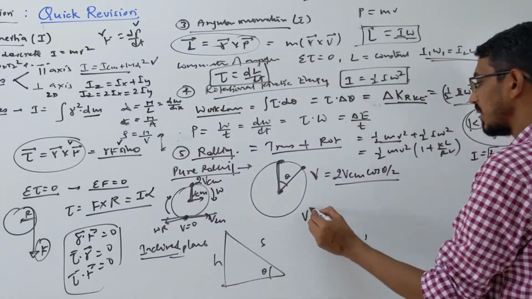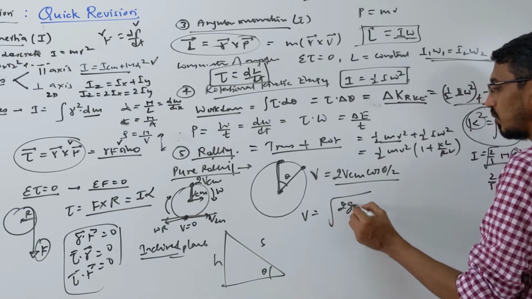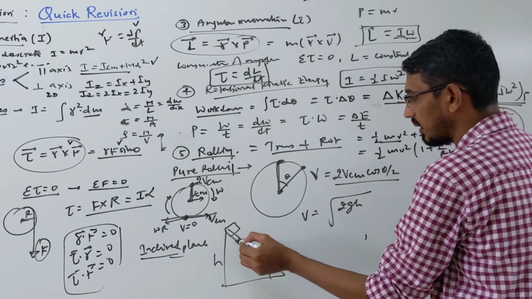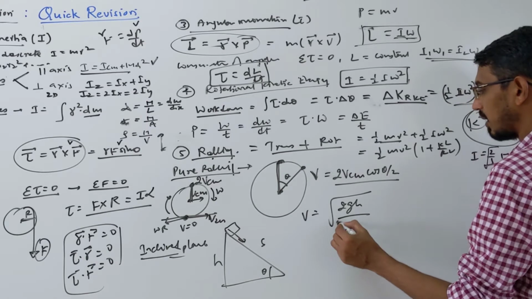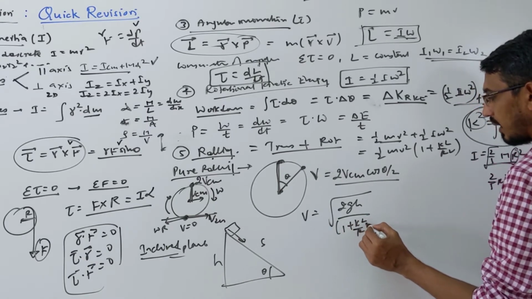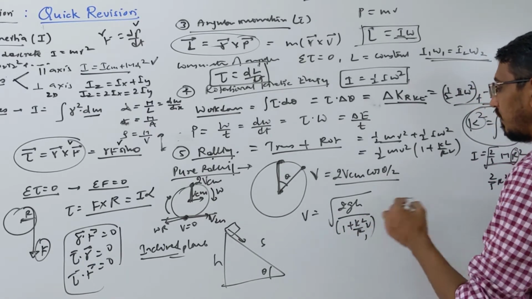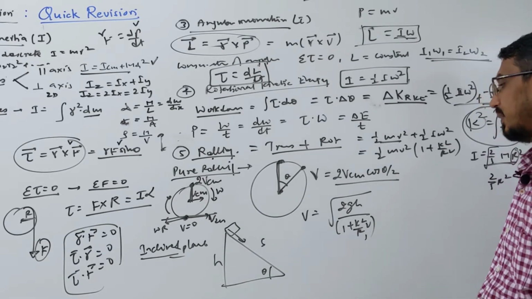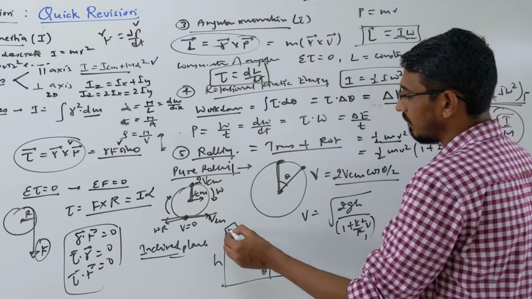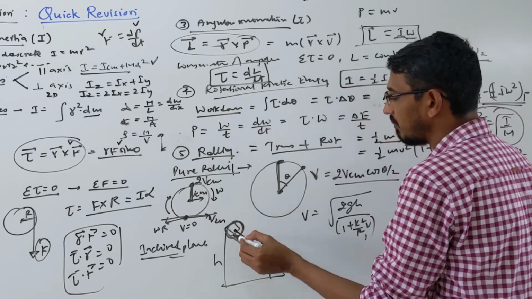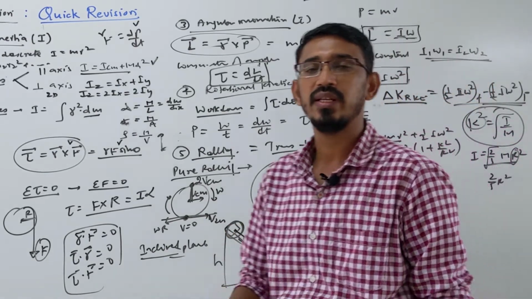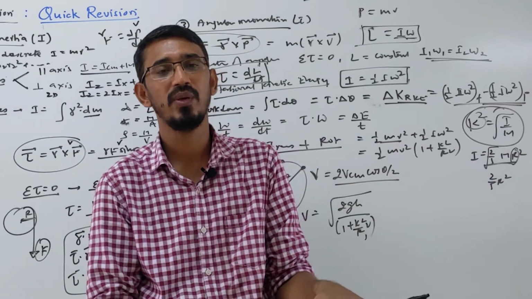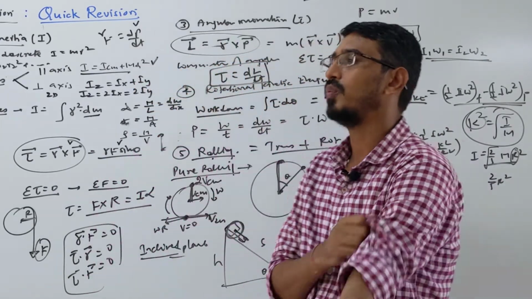Suppose I take the velocity at the ground. In sliding it becomes root of 2gh when the object is sliding along this plane. But when it's rolling, one more term comes here, k square upon r square. The same we do for acceleration, and the same for time, this term will come there. Also, I told you last time, it's very important that when a ball is rolling we need friction. If there is no friction, then it will slide or skid, right? So we need a minimum friction.